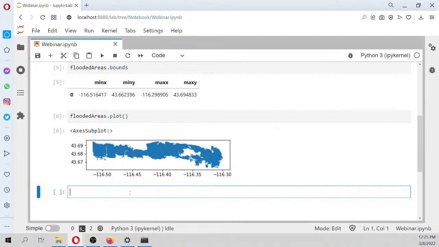And for example, we can calculate areas. Since we are working now in WGS84, our area will be in square degrees, and actually square degrees is nothing that you might be interested in. So that is why we are going to do flooded